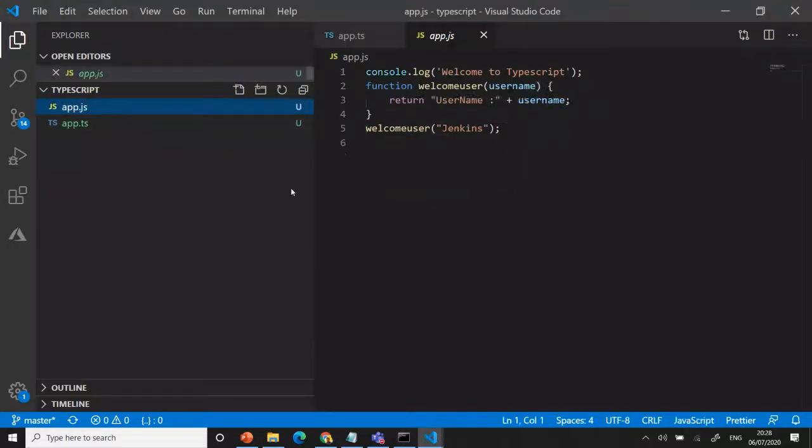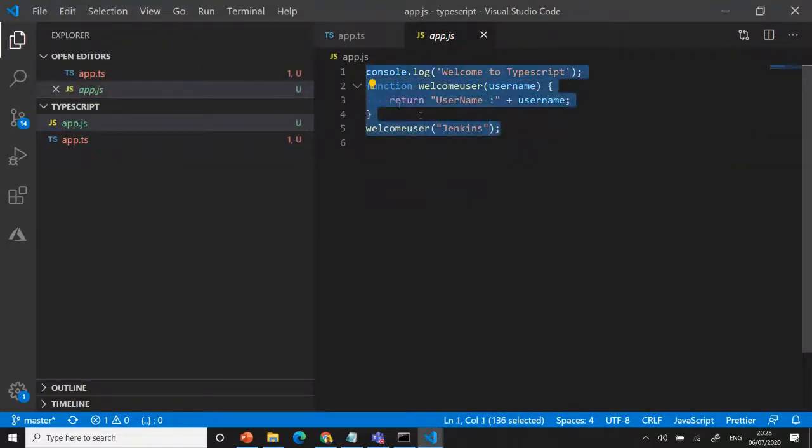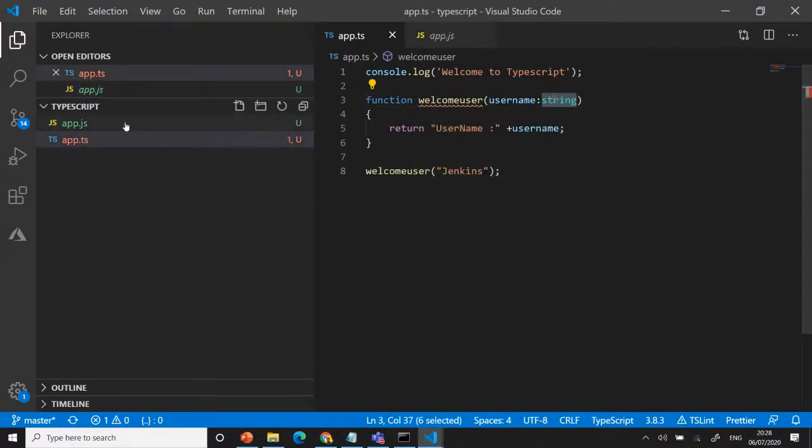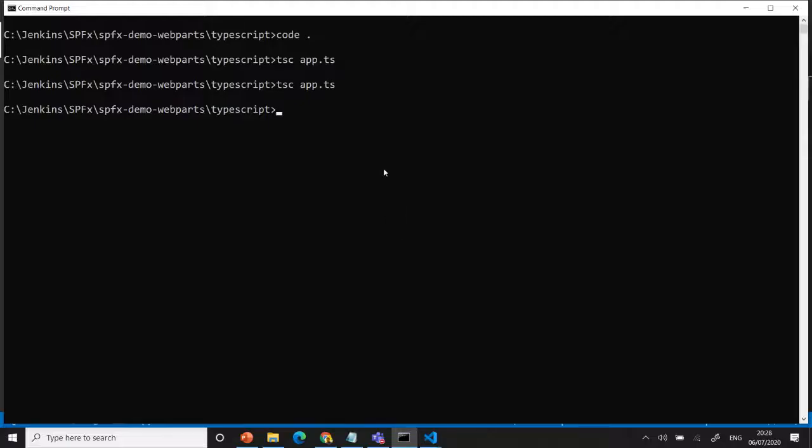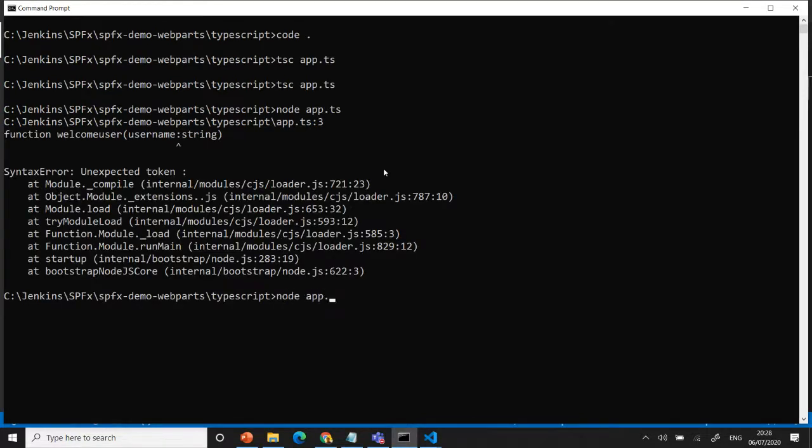Now you can see the other file is JavaScript. Here there is no type, it's a string like that, right? Here you can have a string variable, nothing is there directly. Now we're able to run it using node app.js, same as what we did in Node. You can see that TS is throwing the error, right? It doesn't have a compiler. You need to compile and convert the TypeScript to JavaScript, and then only are you able to access it.